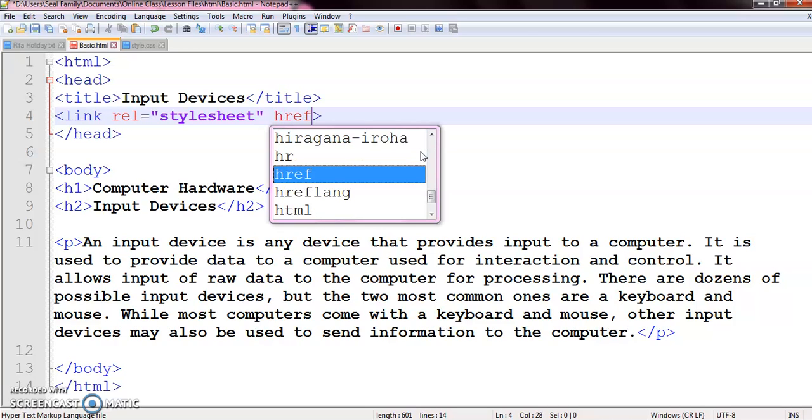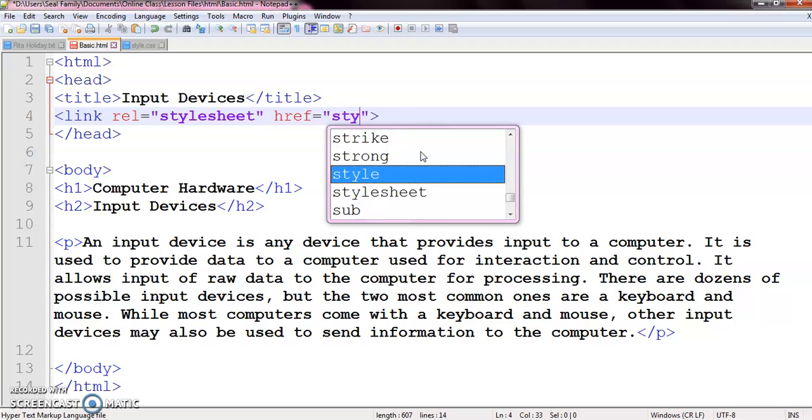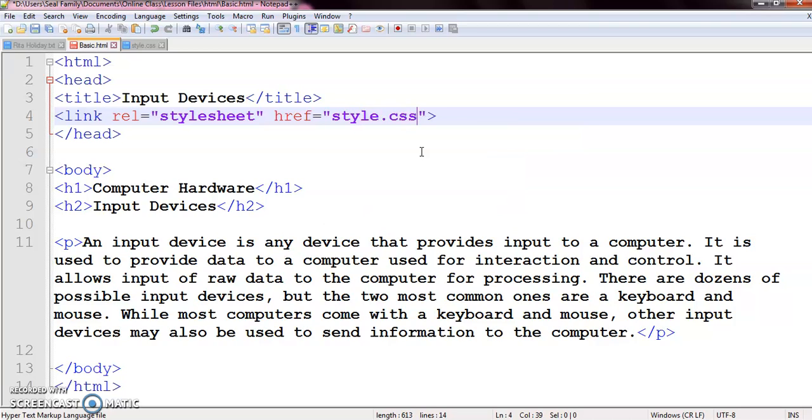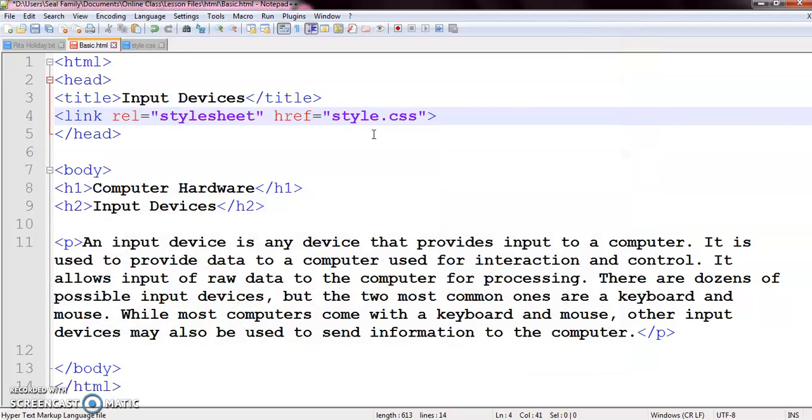And the next important attribute is the href, using which I am going to give the name of my style sheet file, which is style.css. As in the beginning, I created my style sheet file within the same folder in which my HTML file is located, I am only giving the file name.